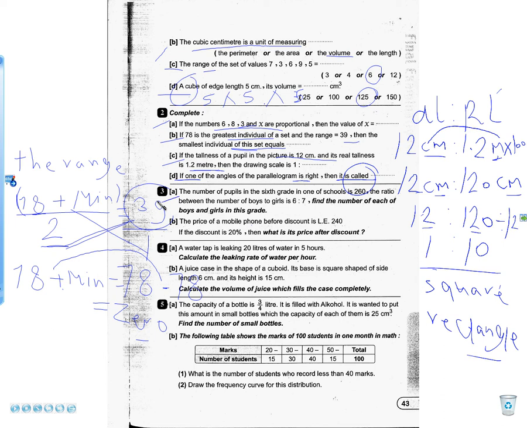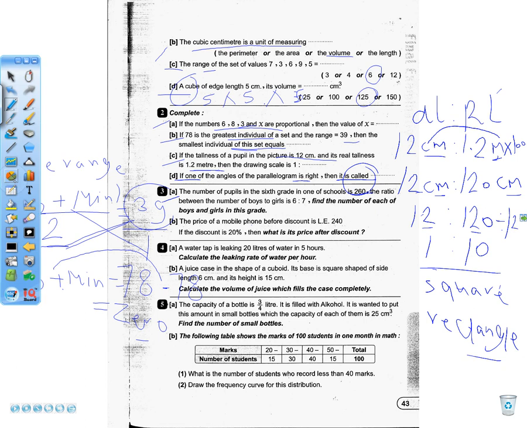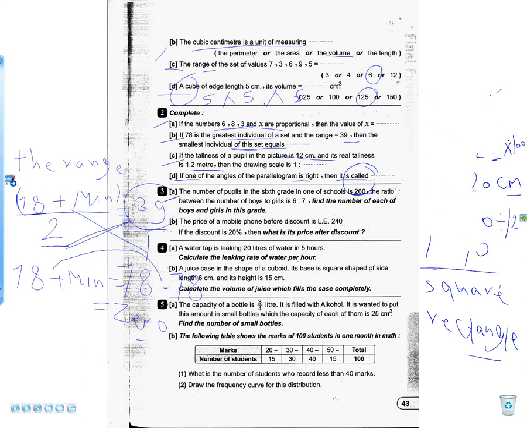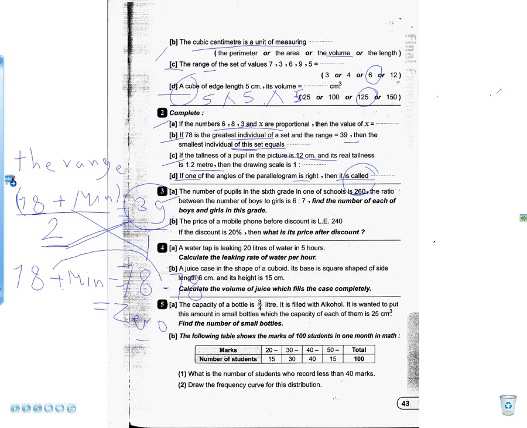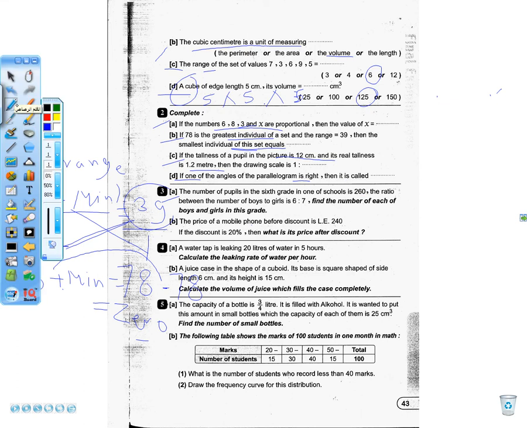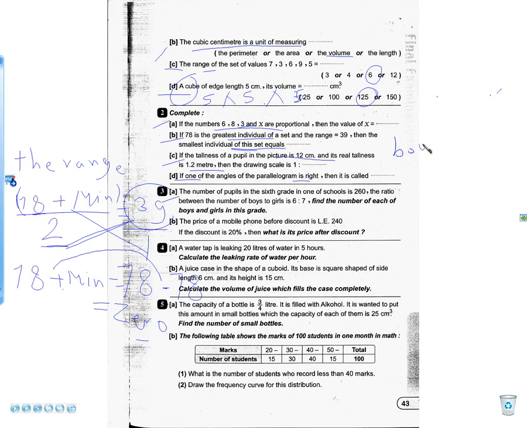Then we move to the third question. The number of pupils in the 6th grade is 260. If the ratio between boys to girls is 6 to 7, here we're asked to get the number of boys and the number of girls. It should be written as we've learned before. We write boys, girls,